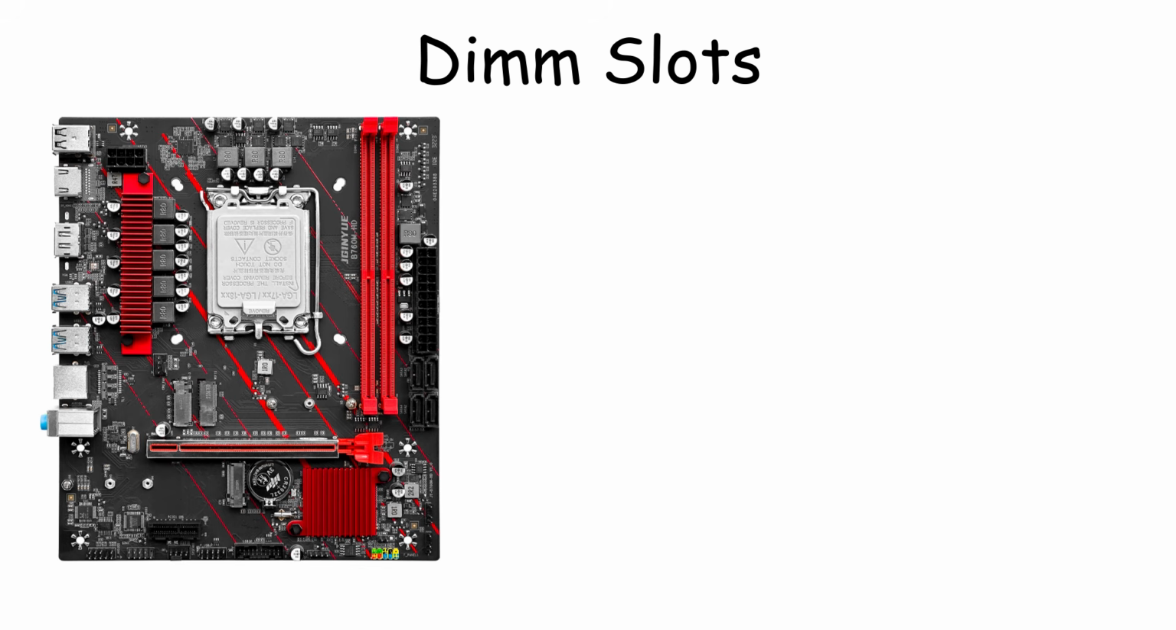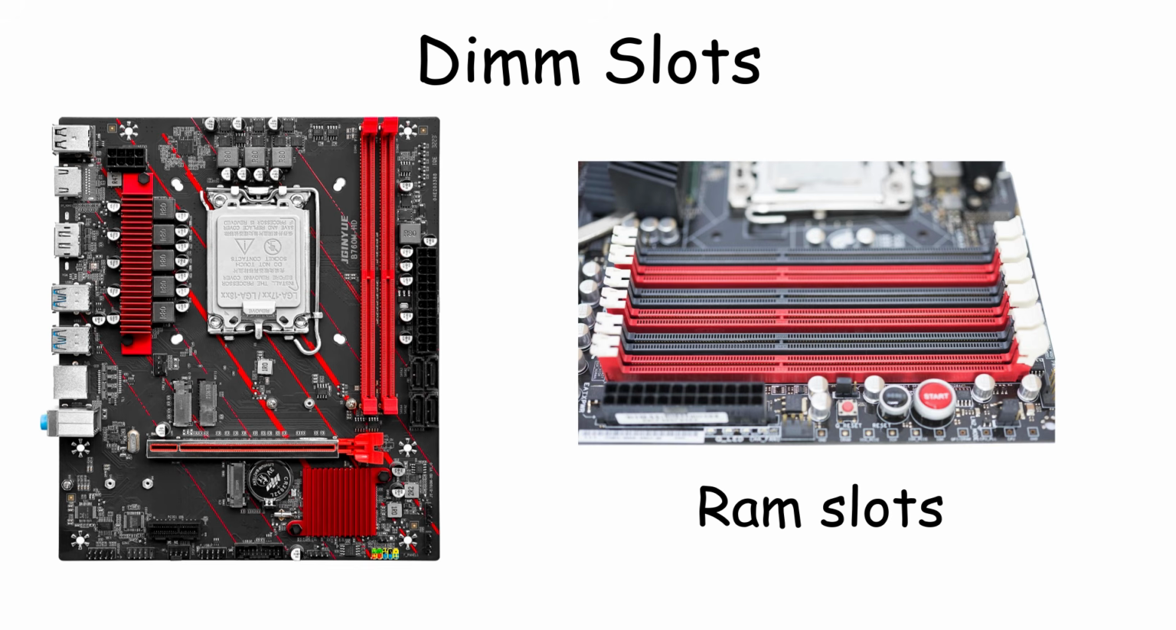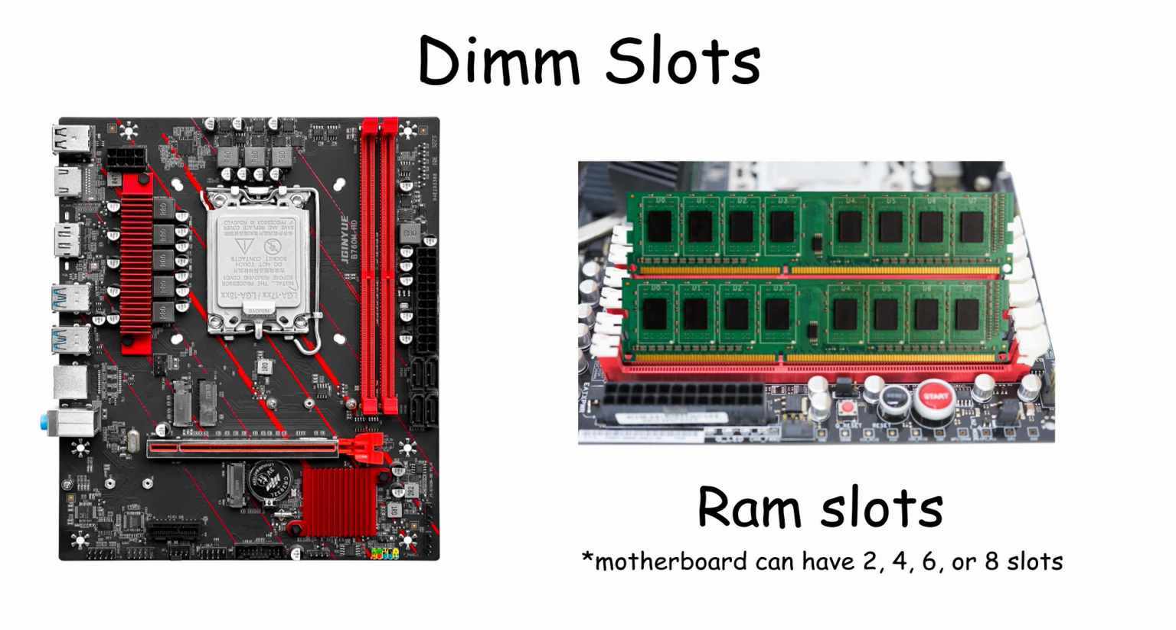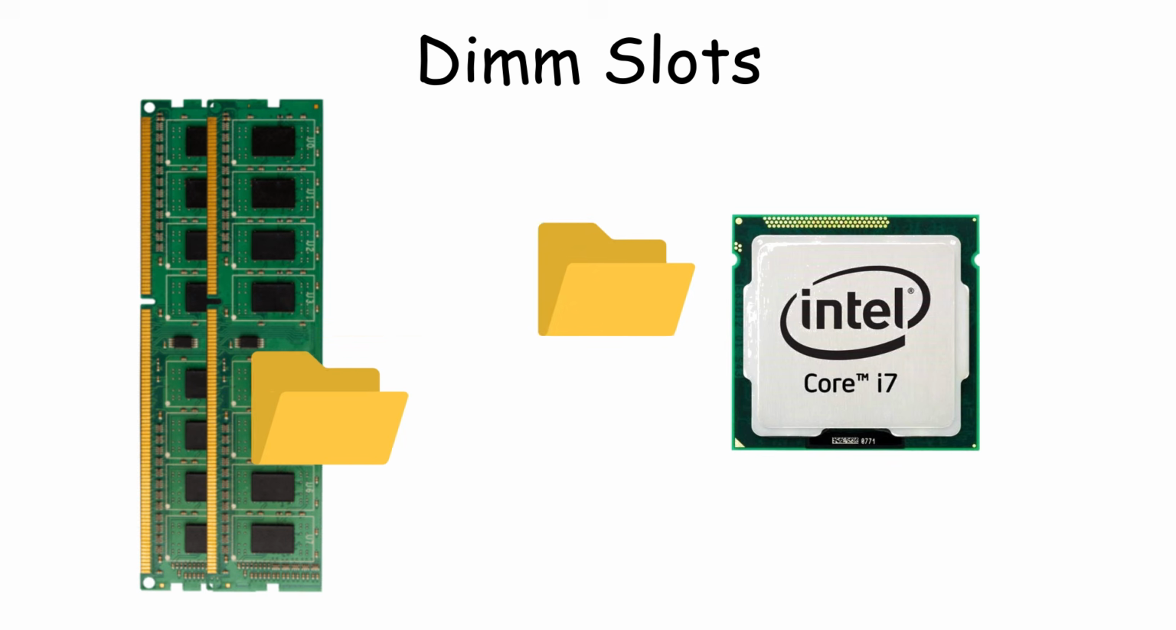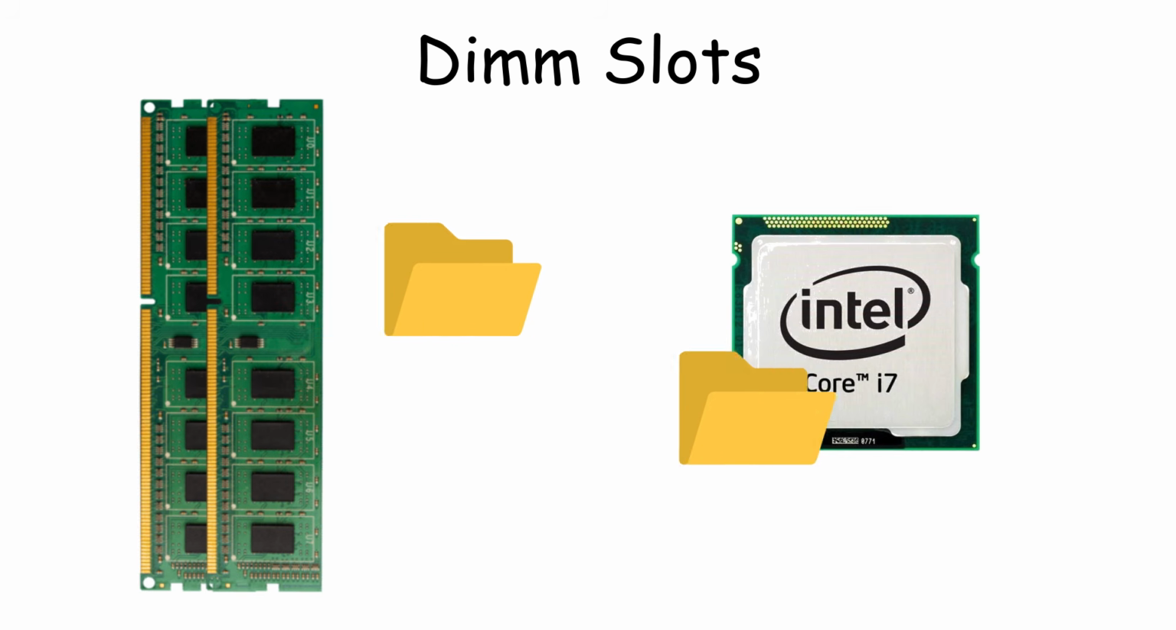Right next to the CPU socket, you will usually see several tall slots placed in a straight line. These are the RAM slots, also called DIMM slots, and this is where the system memory is installed. RAM temporarily holds the data that the CPU is actively using, so it can be accessed very quickly while the